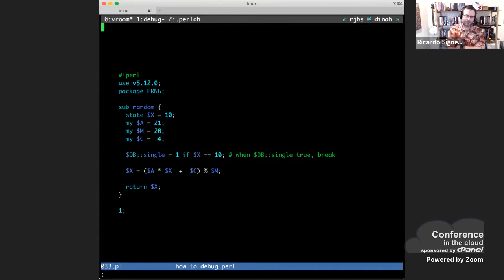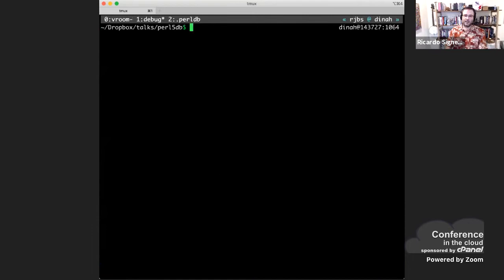$DB::single is normally not interesting at all. It's just some variable in a global namespace, and I guess you could use it for passing secret messages around, but normally it means nothing. But if you're running under the debugger, the Perl 5 DB debugger, setting that to true means I would like at this point to switch into single statement evaluation. In other words, that's a breakpoint. And you can put breakpoints into your program that basically say, if the debugger is active, this should be a breakpoint. So we can go and take this program,